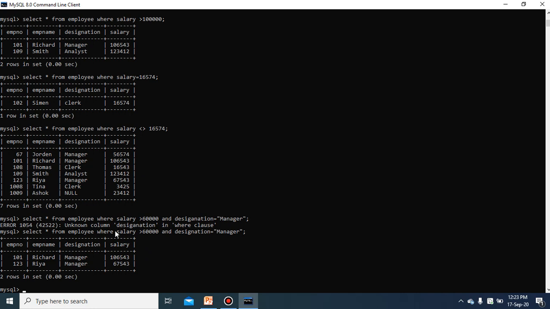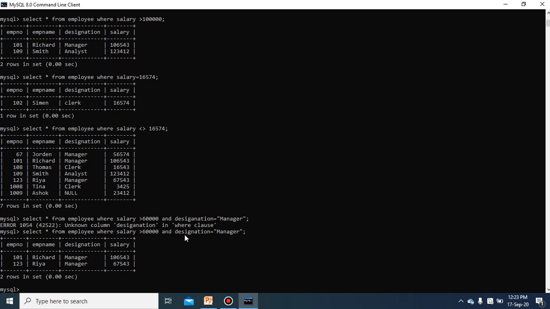So here I am joining two expressions with AND. As you are already aware from Python, with the AND operator, both conditions must be satisfied: the first operand is salary greater than 60,000 and the second operand is designation equal to manager. If both are true, only then will you get the output.